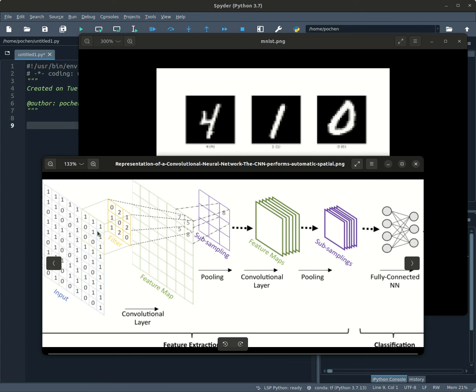So for the input image, the different channels are going to correspond to the different colors, R, G, and B, right? And then for the intermediate layers, the outputs of each of the conv layers, the channels are going to correspond to each of the different filters or different kernels, right? Each filter is going to generate a two-dimensional feature map, right? So the number of channels is going to be the same as the number of filters you are going to use, right? So this kind of two-dimensional diagram is sometimes misleading, but